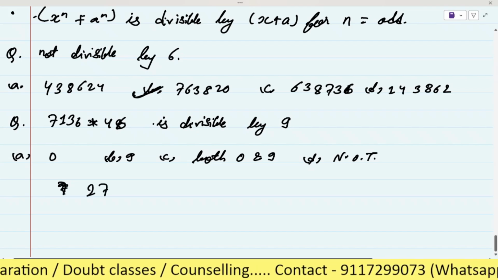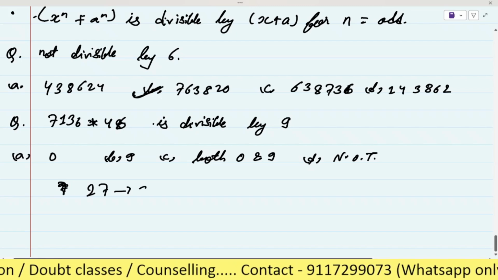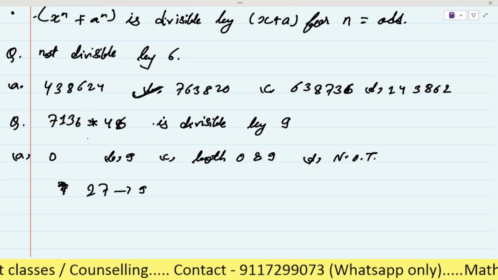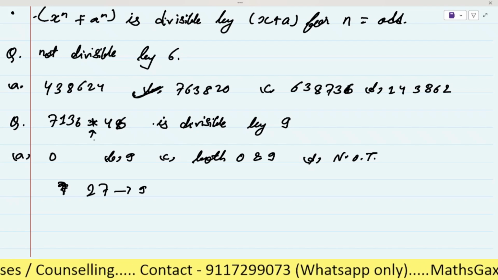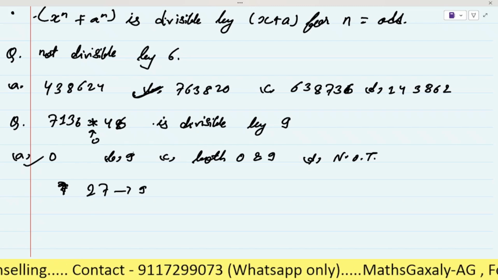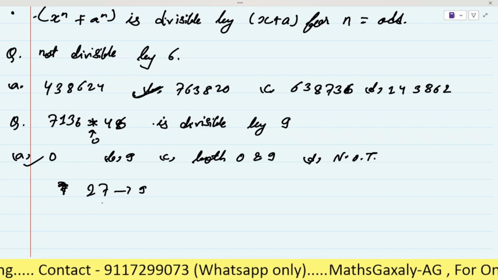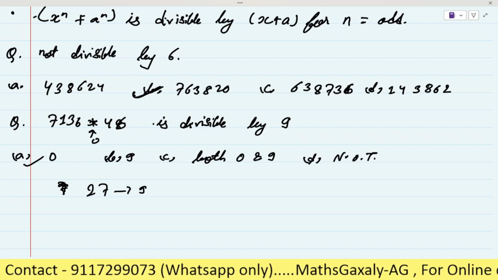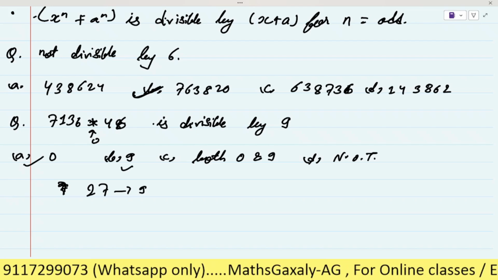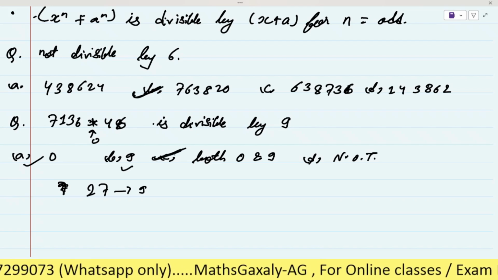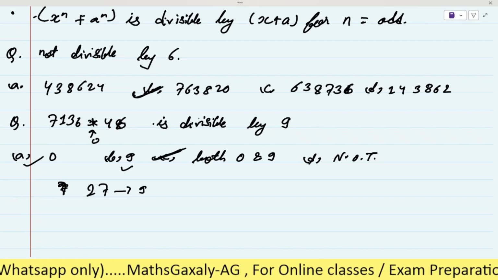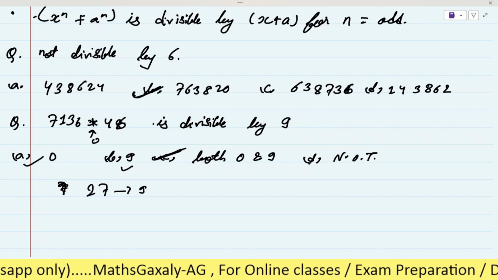So as here 27 is a multiple of 9, it means if we put 0, then it will be again 27. So 0 can be, and 9 also, because when we add 9 we will get the next multiple of 9. So that's why here it will be both 0 and 9, so we will go with option C, both 0 and 9. Is it clear or any doubt?